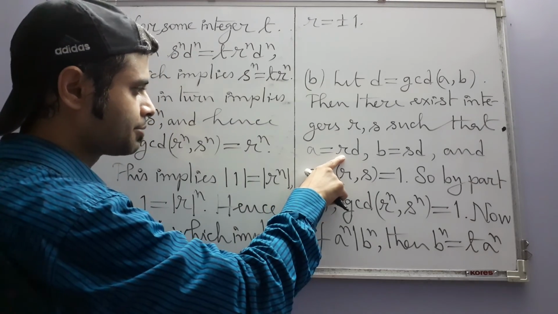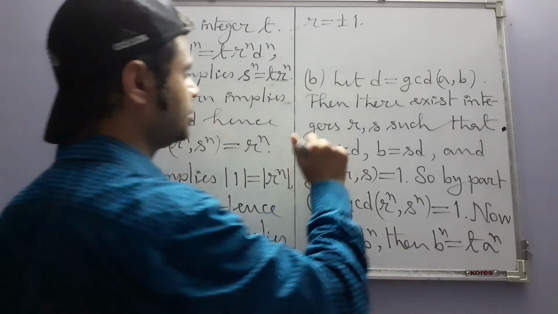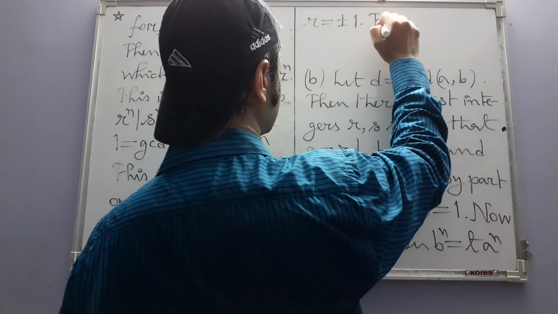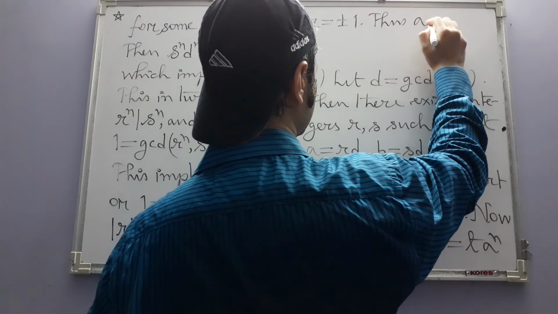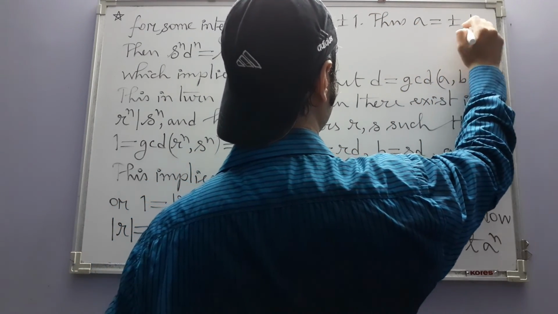So then substituting that back here, what do we get? Thus, A is equal to plus or minus D,